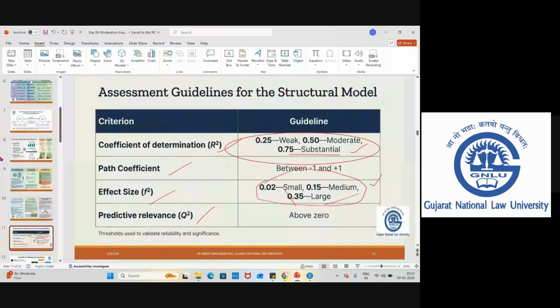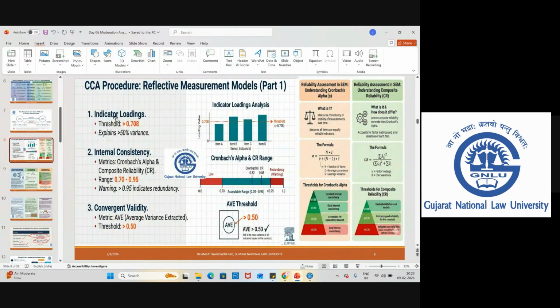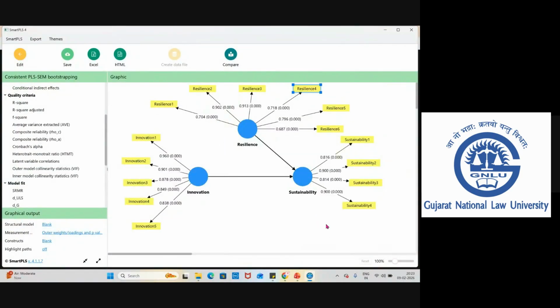As you can see in our slide, our factor loading value should be greater than 0.708. We are looking at the relationship between each indicator and the concept. Our factor loading should be close to 1. If it is close to 1, it indicates that we have a good, strong relationship. But the expected value is at least 0.708, and it should be significant. Look here, all the factor loadings are greater than 0.708, and we have a significant relationship.